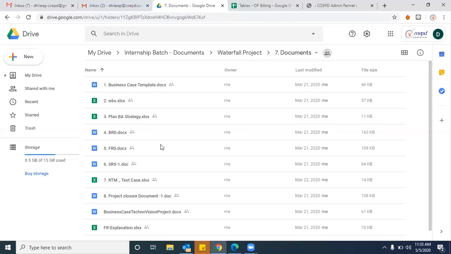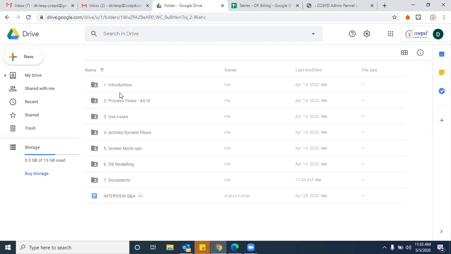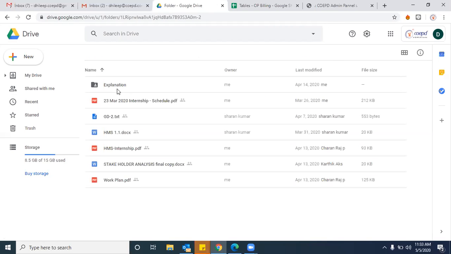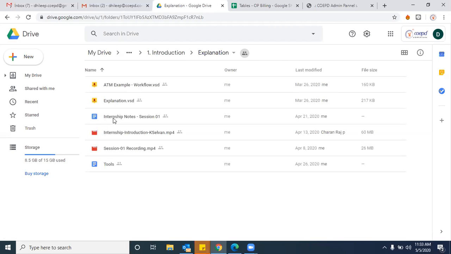This business case we already discussed in the beginning, in the first introduction part. We discussed two different scenarios we may come across in real time. One might be the problem statement, and one might be the expectation set that we discussed. Do you remember? Let me open that. Here it is, this is the session 1 notes.